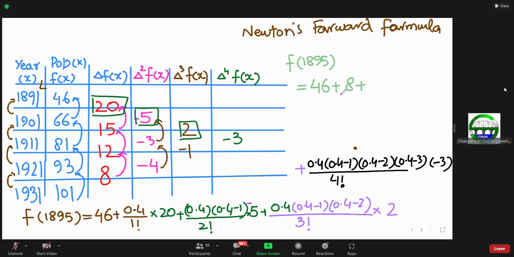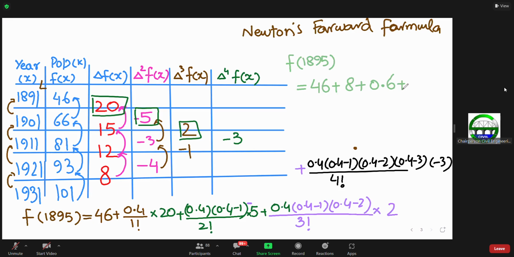So it is minus 0.6, correct? Then plus. And what is this one? Let me calculate again, 0.4 into 0.4 minus 1 into 0.4 minus 2